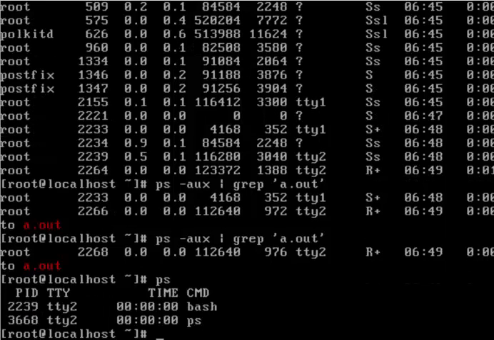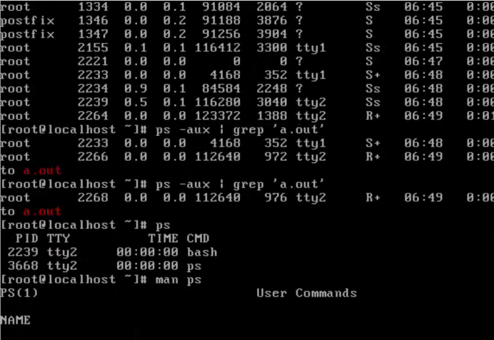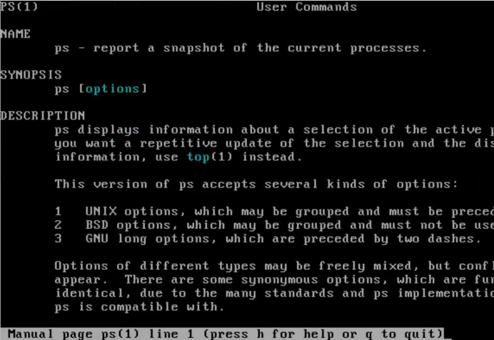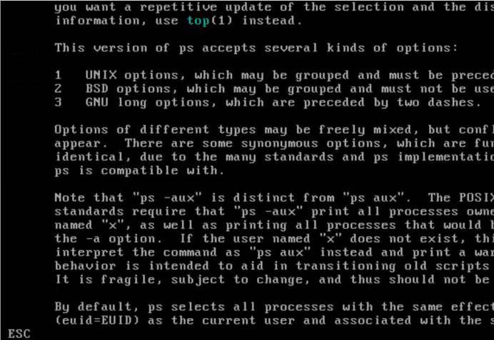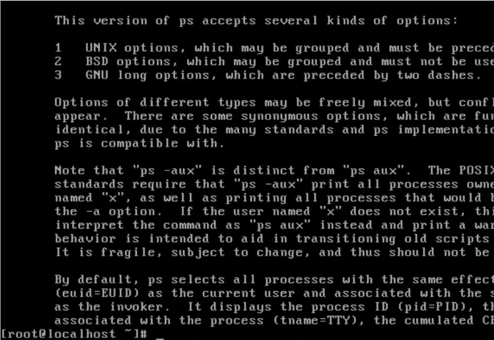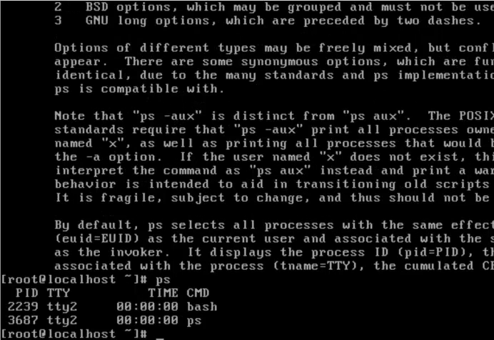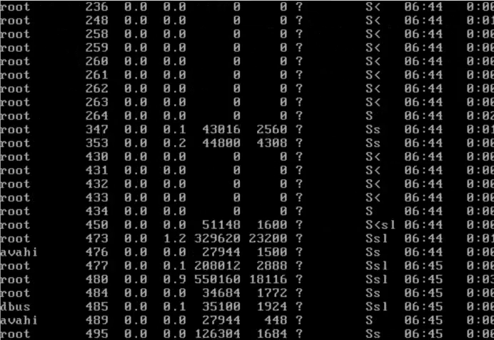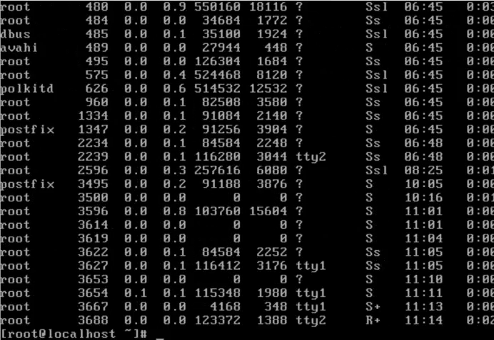If you do ps, this is a command in Linux, it will list all the processes. I just did man ps to get this. There are options for ps: ps -aux means to list all of the processes that are on the machine, whether they belong to you or to someone else. If you're on a machine and you're wondering what's going on, ps will just give you your own things, but ps -aux will give every single thing. So you can see there are many more things coming up. This means everybody, you can see the PIDs, and one of them you can see is